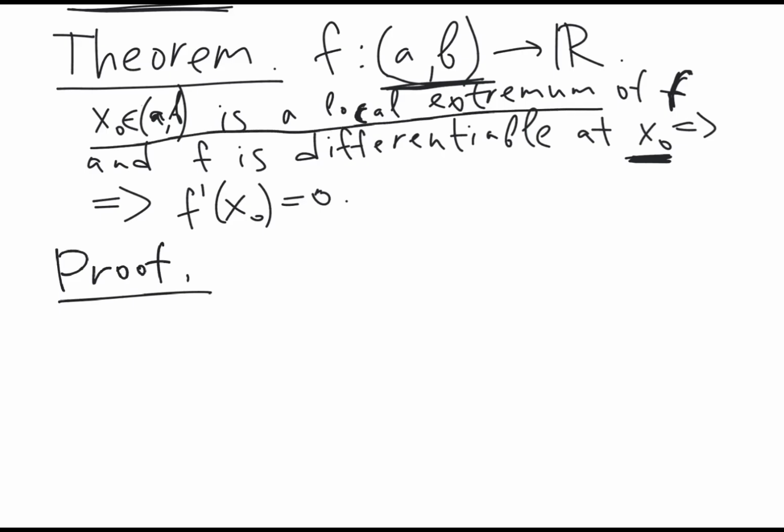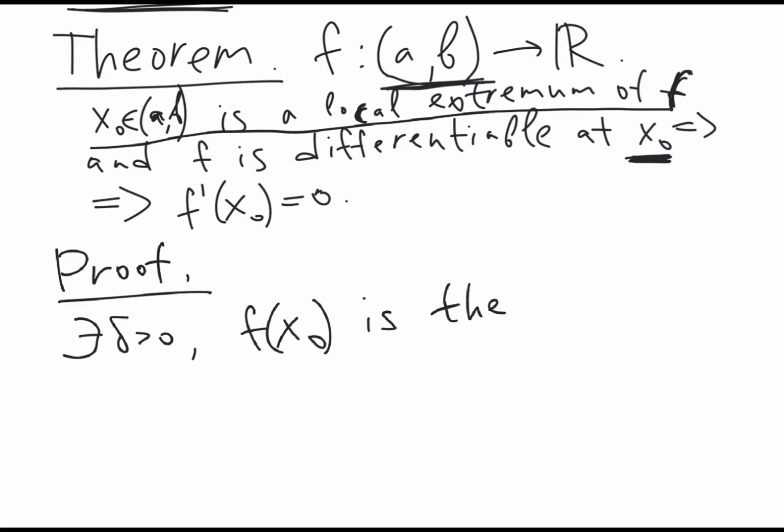Formally it means that there exists a number delta greater than 0, such that f of x0 is either the maximum or the minimum, either is okay,